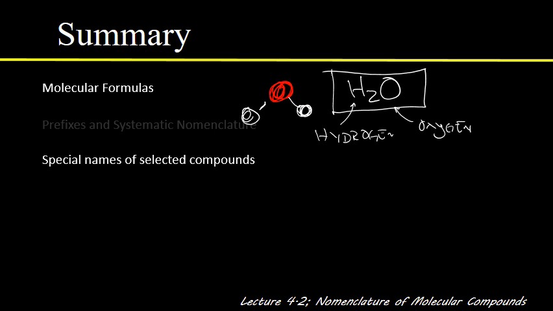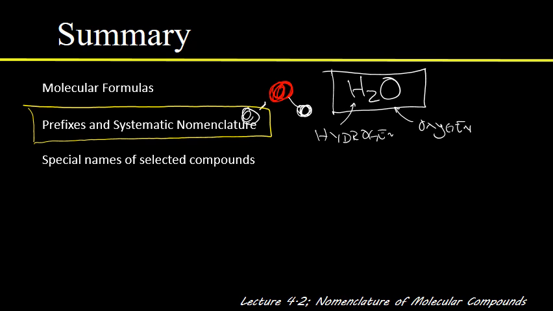And then we looked at rules for systematic nomenclature of these types of compounds, right? And that was based on that table of prefixes. So you definitely need to know those prefixes: mono, di, tri, tetra, penta, hexa, hepta, so on and so forth. Make sure you commit those prefixes to memory, and then the special compounds,